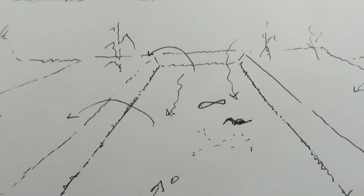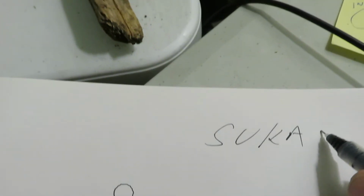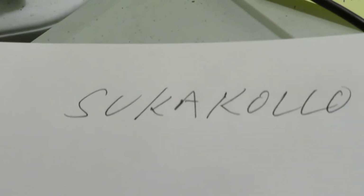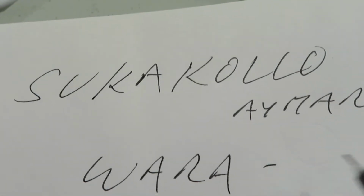So they got their protein. They have found fish bones. These sucacoyos, as they're called. Let me write that out. Sucacoyo in Aymara. And in Quechua, wara wara, which